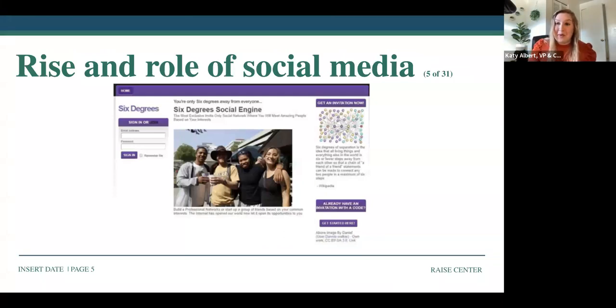But we're going to talk a little bit more today about the rise and roles of social media. The first social media networking site was 6 Degrees, which launched in 1997. On 6 Degrees, you could have a profile, and on your profile, you could list any interests, a school affiliation, you could have a friends list, and upload photos. So while those basic functions still sound pretty familiar, they have certainly evolved and diversified over the past 24 years.